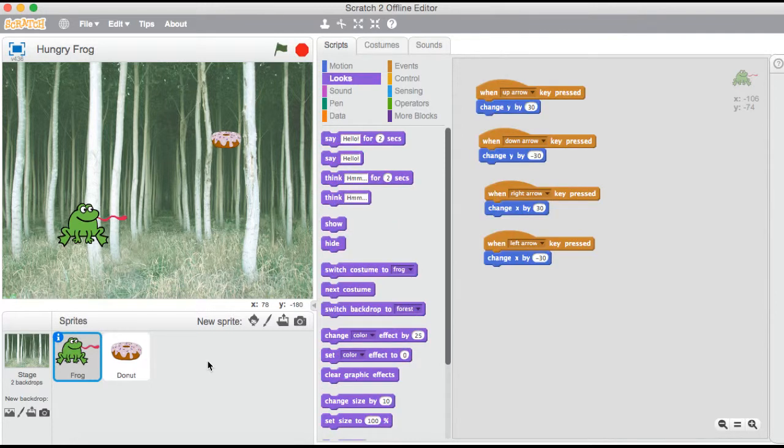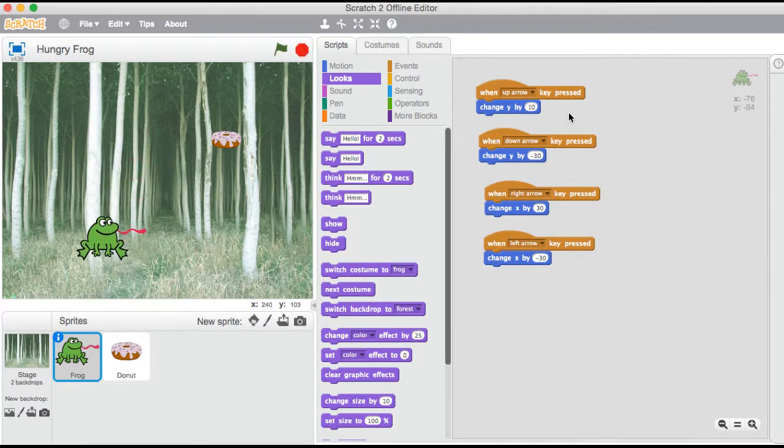Hi, welcome back. Hopefully you've got your frog moving, just like this, and you've used some code that looks a bit like this. One change from before that you might notice is that I have changed the 10 to 30. So that just makes the frog move a bit quicker. So if I change this one back to 10, now you can see frog is moving more slowly up, but